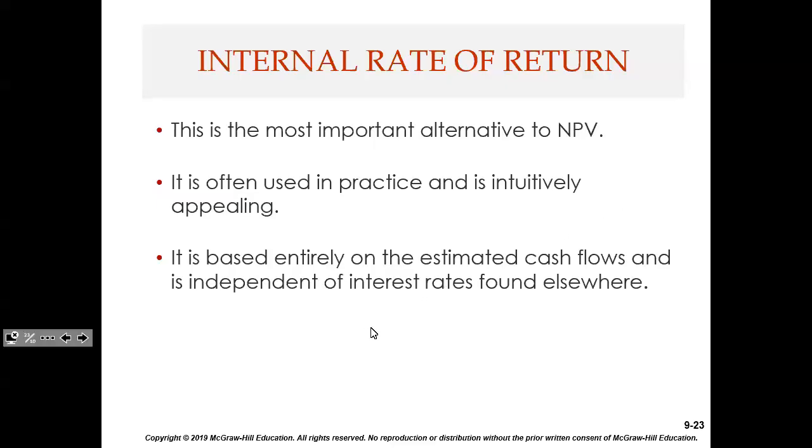Okay, so we're going to talk about internal rate of return, and then we'll work on some problems, and then we'll talk about the exam afterward. All right. So internal rate of return, folks, next to net present value,